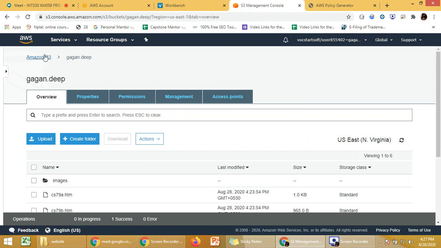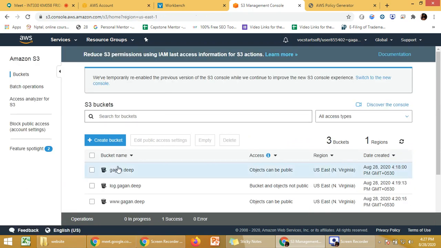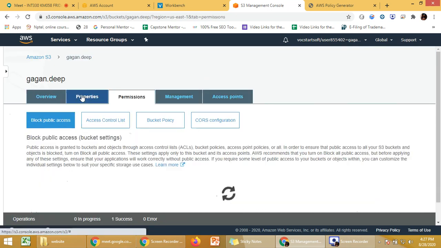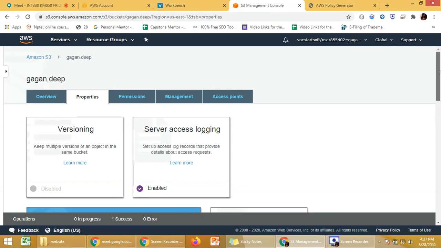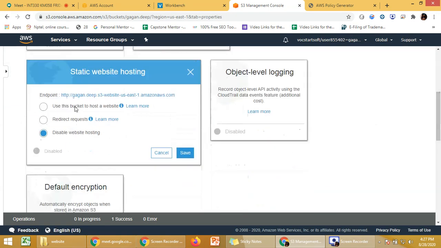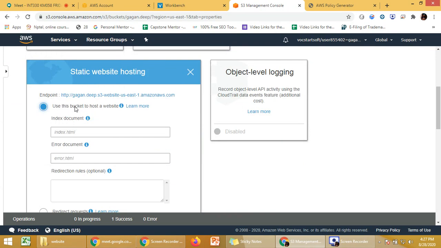Let us move to this, then go to properties, enable static website. So once you are here, you are going to use this as a host for hosting a website. The first file, the index document which I have in the example website, is index.htm.